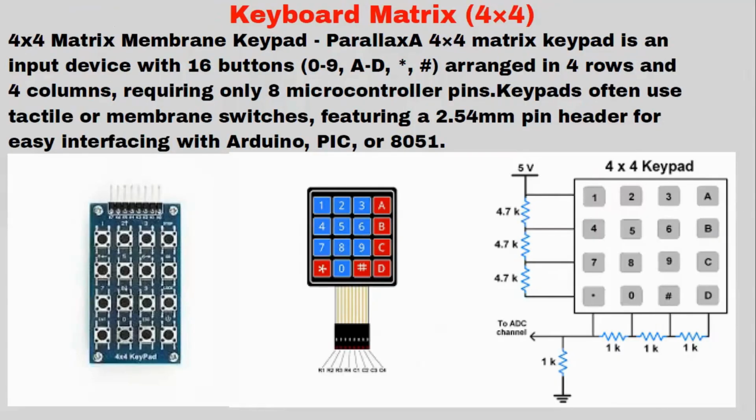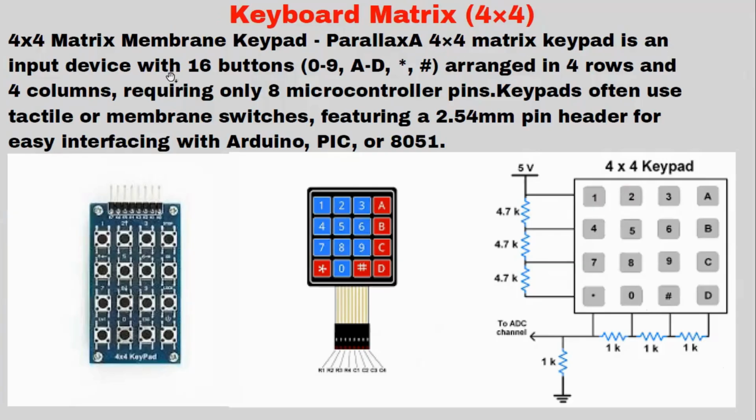Then we should also study a very important part which comes next to the display, the keyboard matrix, that is 4 by 4. That is 4 rows and 4 columns, we call it. All the numbers and characters are covered in there, as you can see here on the bottom side. Internally there are buttons and switches, just connected through rows and columns. So the 4 into 4 matrix membrane keypad